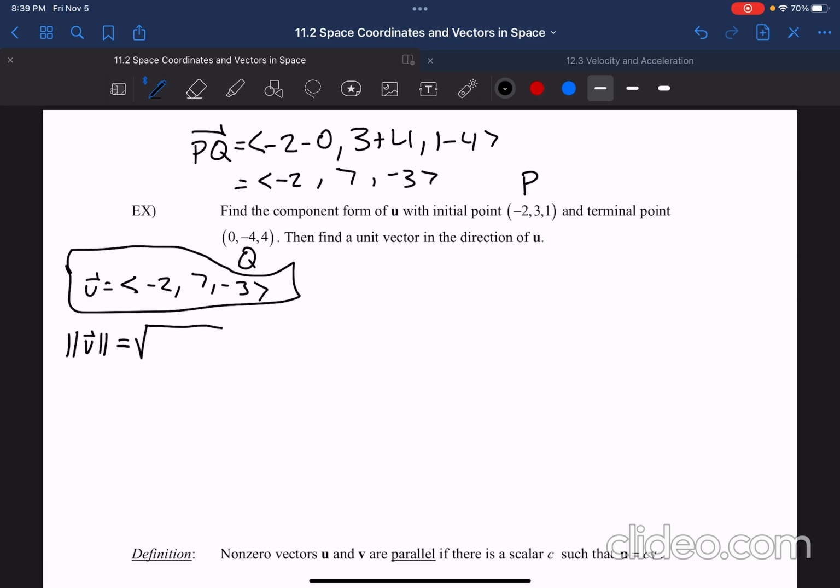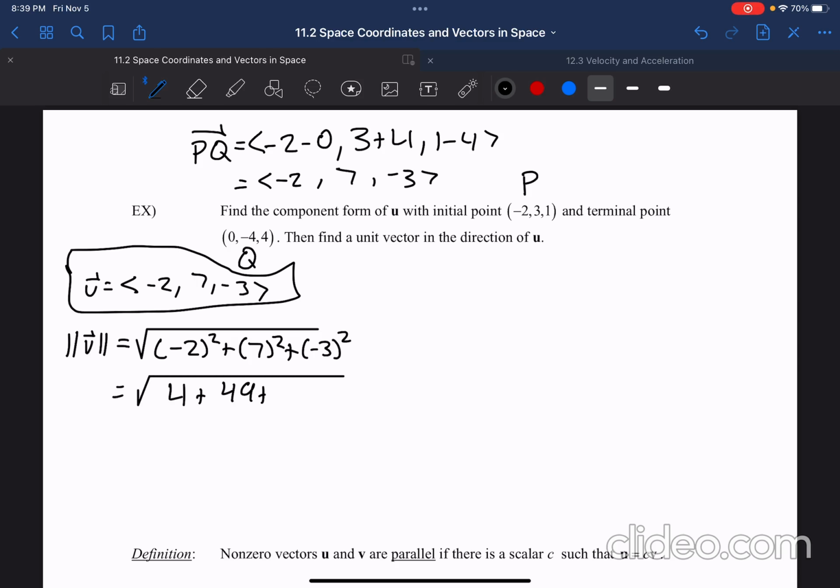So we want to find the magnitude of vector u. How you do this is (-2) squared plus 7 squared plus (-3) squared. And make sure to keep all your numbers inside brackets so you don't get mixed up when you're squaring them. This is just going to be the square root of (-2) squared, which is 4, plus 49 plus 9, which is going to make 13 plus 49, which I believe is